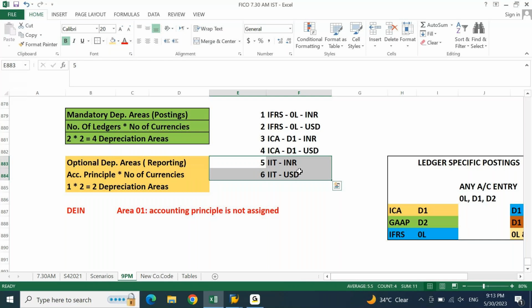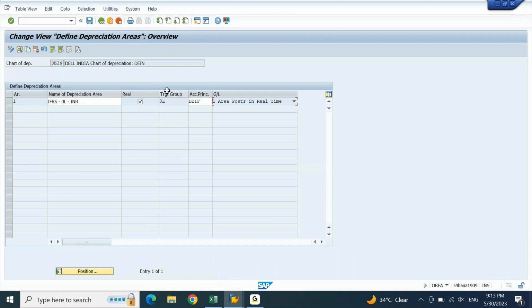From area number 1 to area number 4, there is a ledger, so there is a posting. Since this has a ledger 0L, this will have to be posted in real time, because in the S4HANA system every depreciation area is real-time posting. This is your area number 1, which is copied.